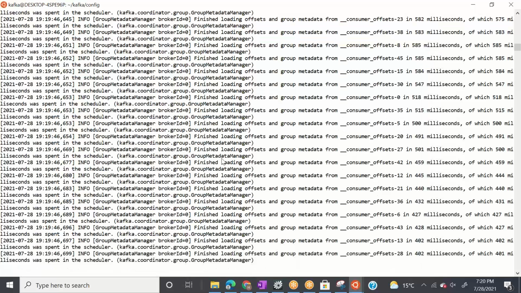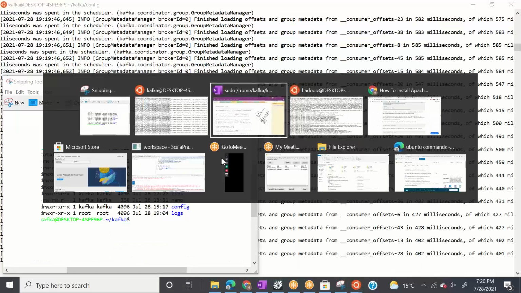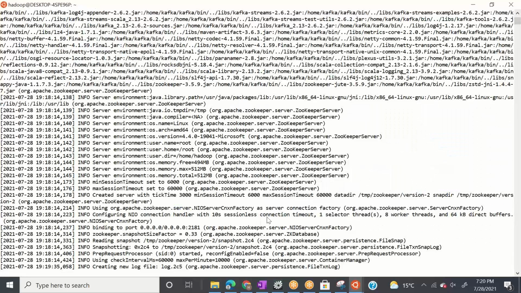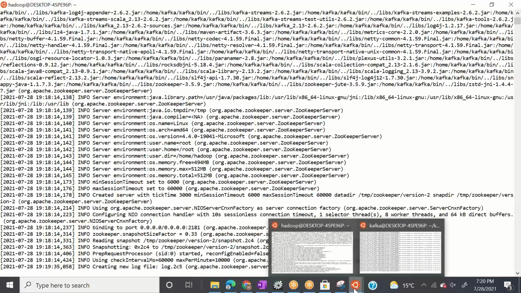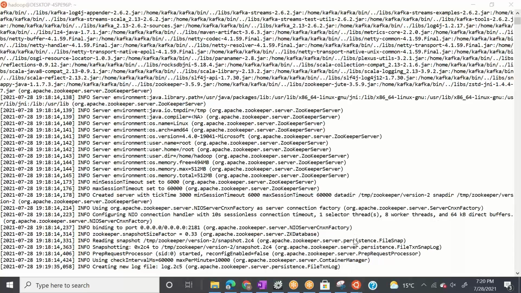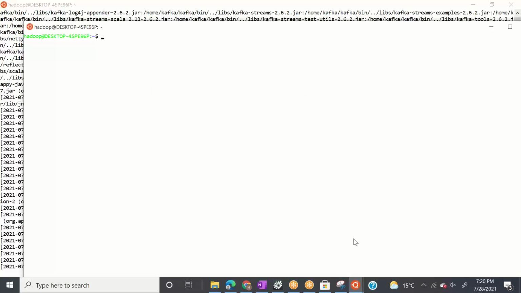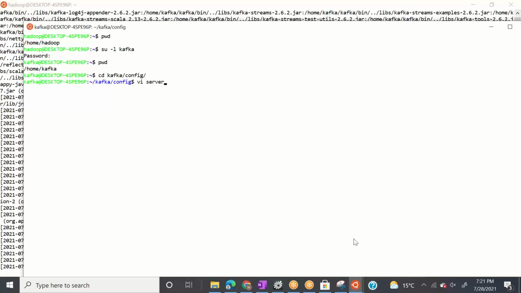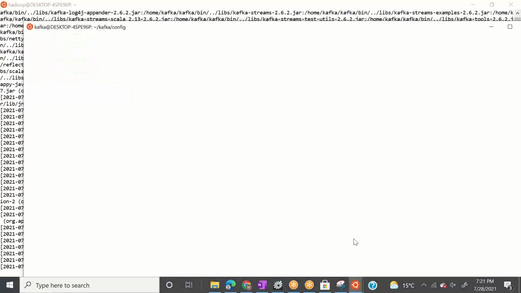So let me do one thing before I jump there. I have used server.properties, right? Let's open one more window and pwd, and let's go to Kafka, cd Kafka and config, and then vi server.properties.